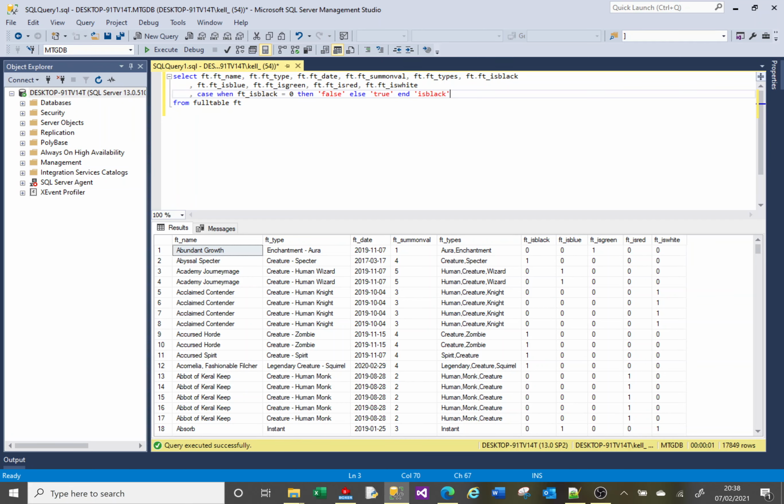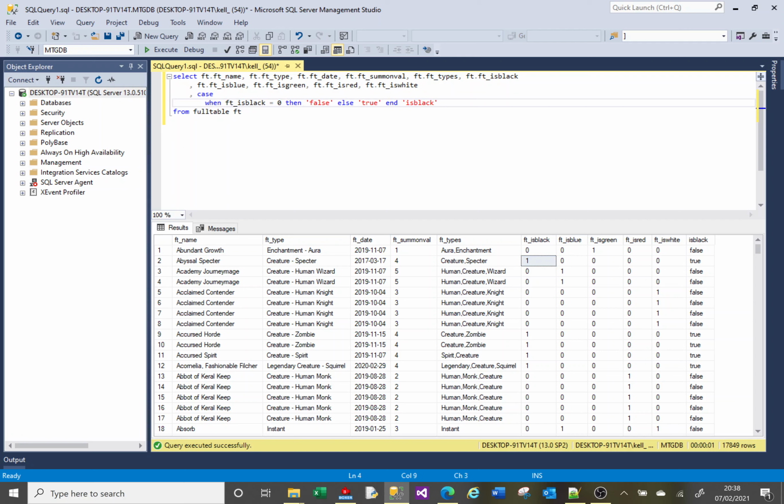Okay, so if I run this, it now returns true or false depending on the value in this column, whether it's 0 or 1. And if I just do this to make it a little bit easier to see: case, when this column equals 0, put false, else put true, and then that's the name of my column. To give it another example,